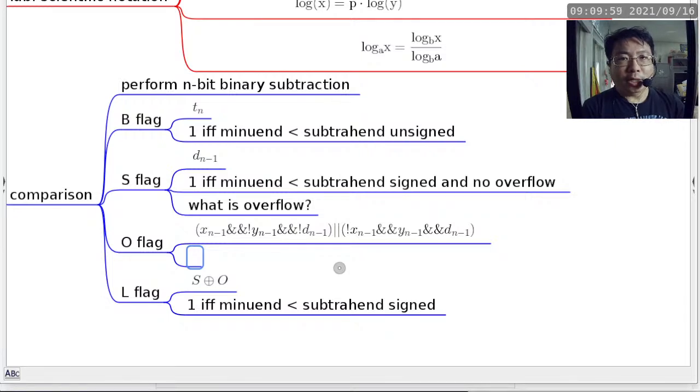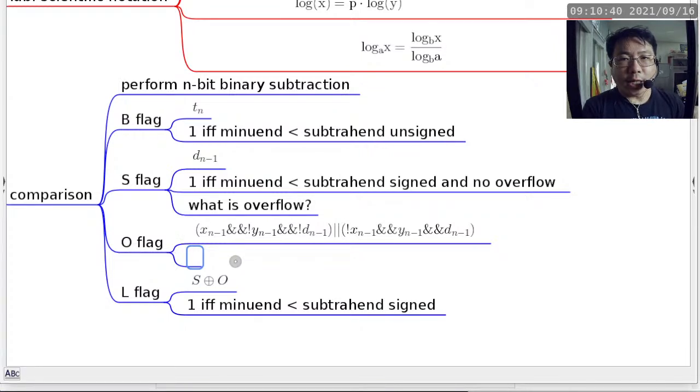Is this a multi-bit thing, or are we using conjunction, as in when I did not use ampersand, ampersand? Now the context of the O flag is that it is a single bit. It is a Boolean value. So as a result, the context tells us that xn minus 1, yn not yn minus 1 is basically a conjunction because we want to arrive at a single Boolean value. So we have a conjunction on this side and a conjunction on the other side. Each conjunction gives us a Boolean value. Then we can use an OR to combine the two Boolean values into the actual O flag.